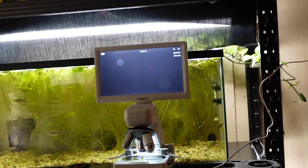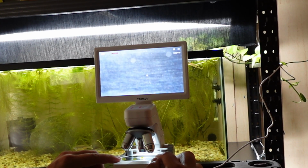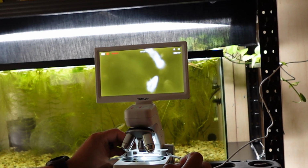All right, so this next thing, item number two, this one's pretty cool. And this is very common in aquariums. See if you guys can guess what this is. I'm going to record it on the microscope so I can do an overlay so you can really see it. Here we go, slowly getting to it. And here we are. Let me get it in focus. That's probably it. Let me do the underlight. Guys, can you guess what this is? It kind of looks like what it is, even under the microscope. I'm going to move it around a little bit. We'll get better looks at...